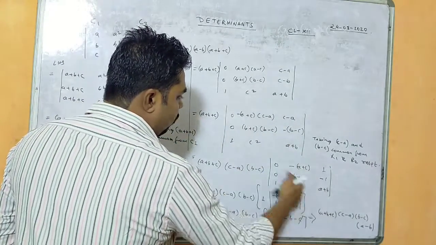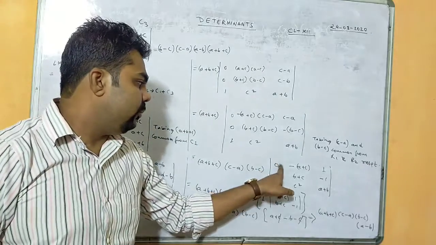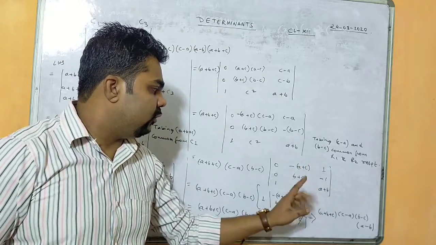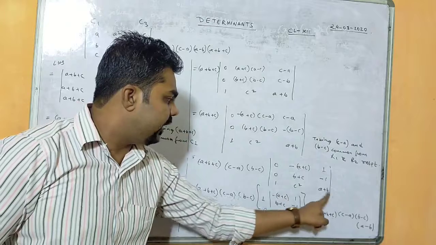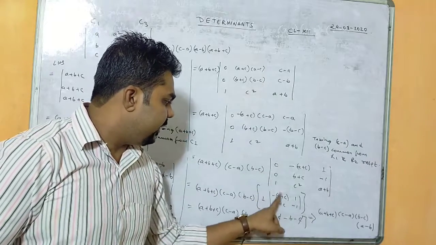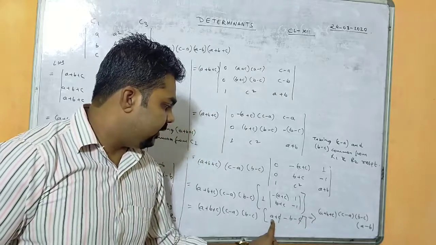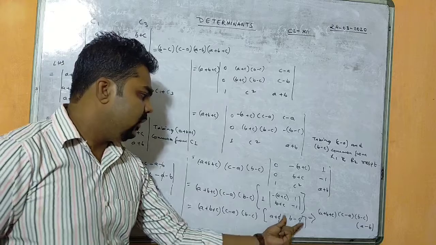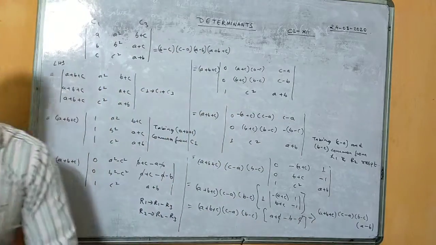So we will now expand along column 1. When you expand, 0 multiplied with any minor will be 0, so we will get an answer only for 1. When you expand for 1, that is, if you hide its row and column, we get these 4 elements. Now if you cross multiply, we get a minus b. So already we got these 3 elements, and now a minus b, so this is our required answer. So this is equal to the RHS.